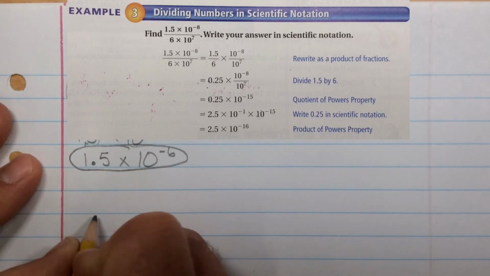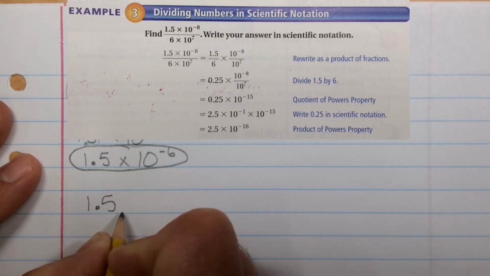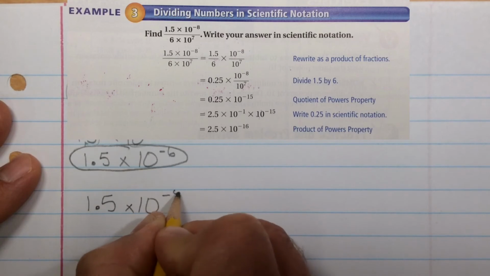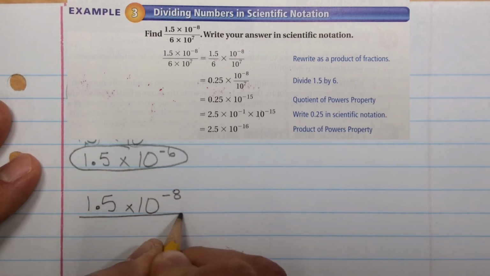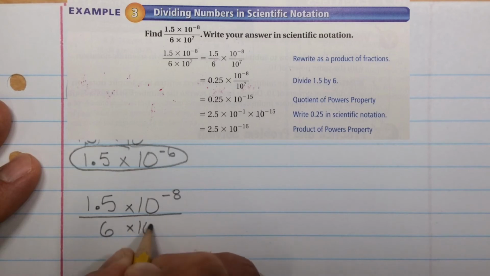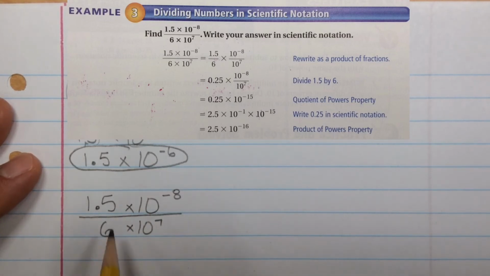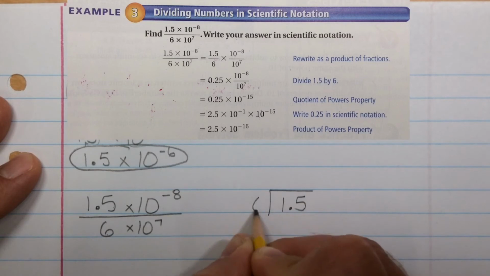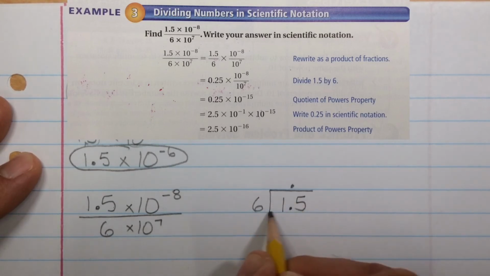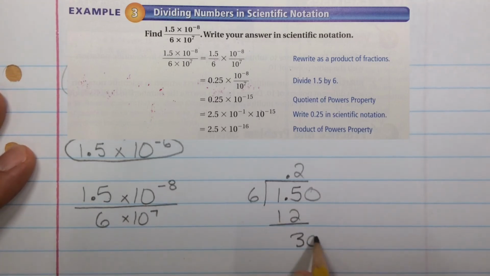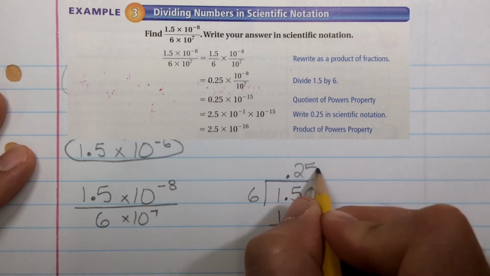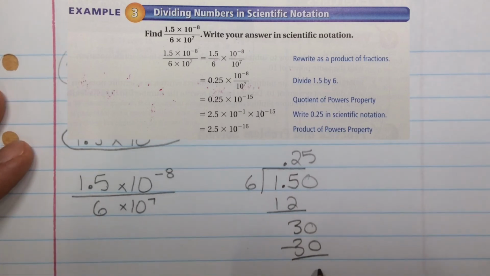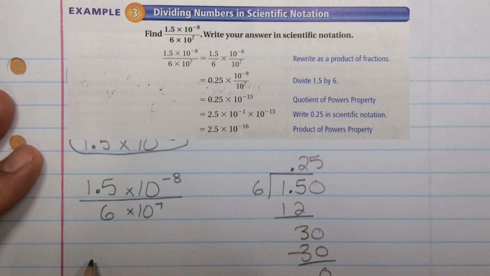For their example, they give us 1.5 times 10 to the negative 8th power divided by 6 times 10 to the 7th power. Well, we'll do this 1.5 divided by 6 first. 1.5 divided by 6. 6 goes into 15 twice, which is 12. 3. 6 goes into 30 5 times, which is 30. So 0.25